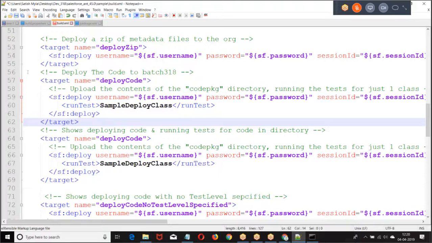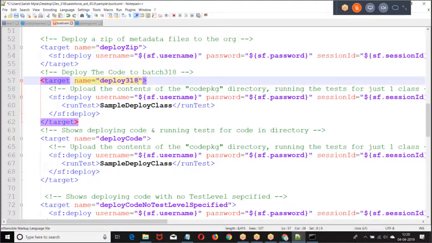Basically, we fetch the code from one org and deploy to another org. So what is the name of the target? Deploy to 318.